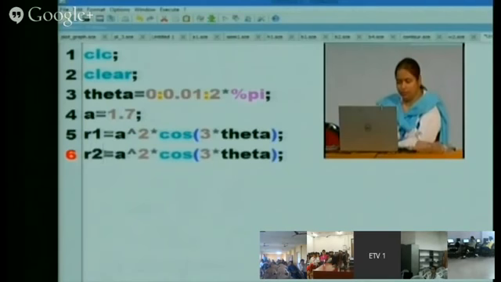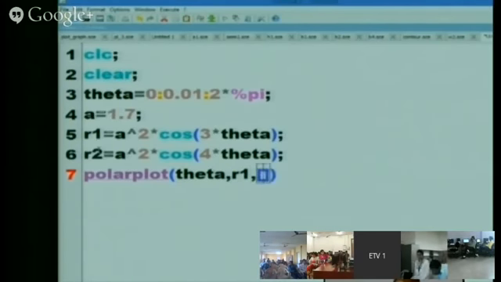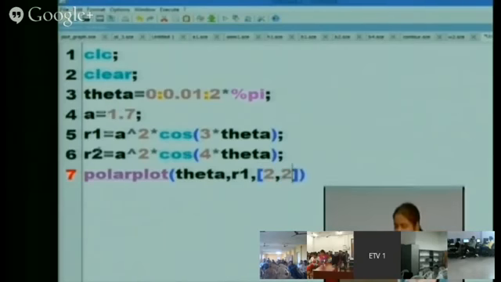R2 is equal to A square into cos of 4 theta. Then polar plot. For the polar, you have to write polarplot theta comma R1, 2 comma 2.